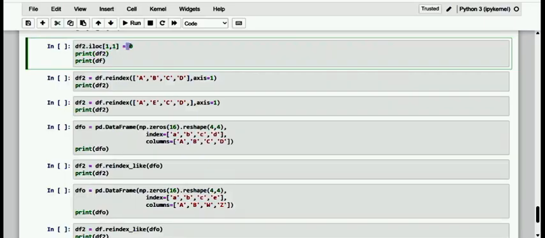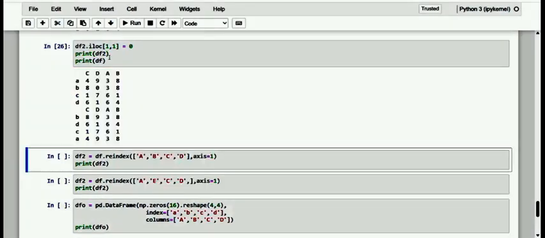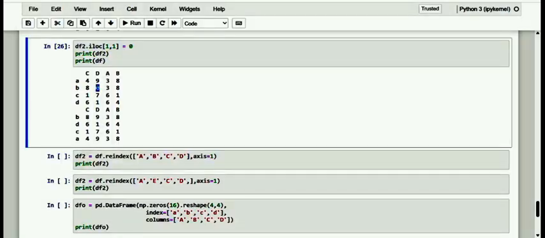I'm going to change it to 0, and kindly see what is in df2 and df. So this is my 1 comma 1, and kindly see here, dear friends, it is not affecting the original data.